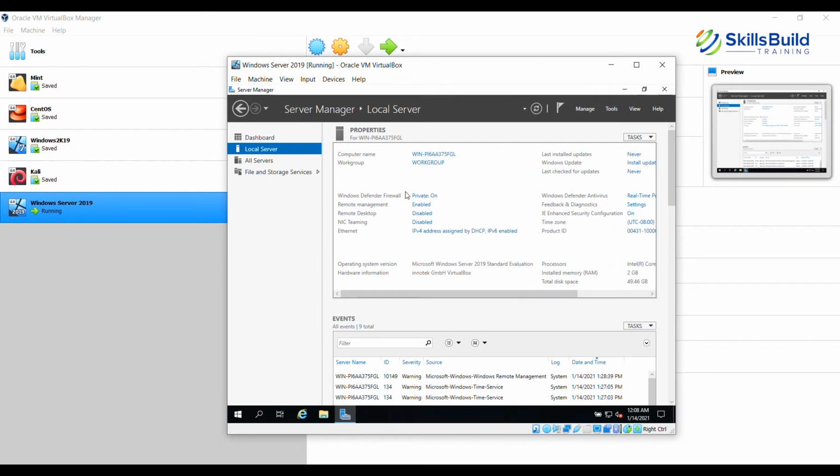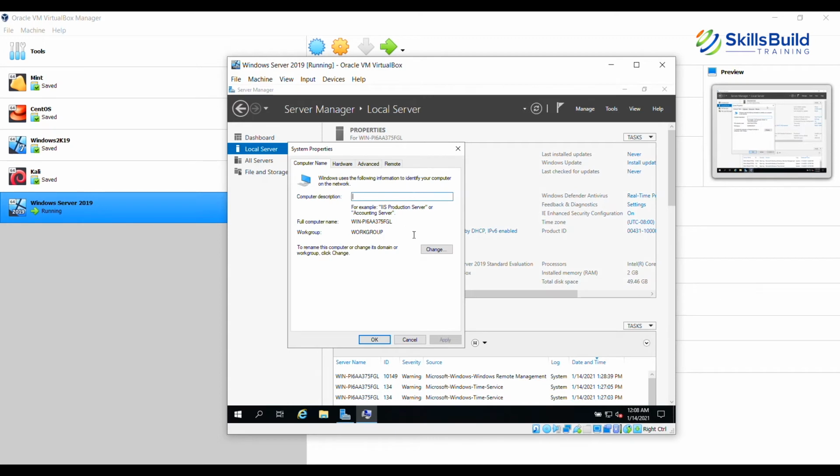The top section gives you the properties. It has the computer name. We have not changed the computer name, so it has picked up a computer name by default. If I click on this computer name, I have the option to change it. Notice that this is the full computer name, and this is the workgroup. A standalone system which is not part of any domain will by default fall into a workgroup. A workgroup, unlike a domain, does not have any centralized administrative environment. A workgroup is like a peer-to-peer environment where each system is its own boss.